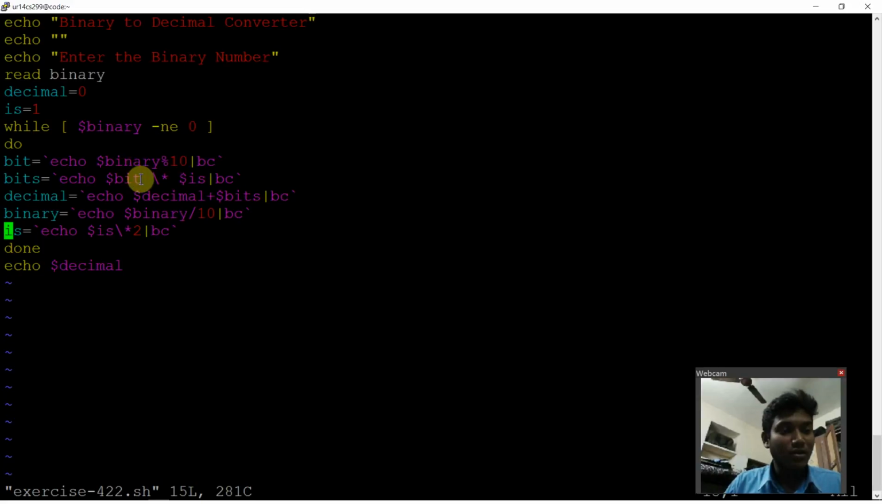For example, in the first bit it will be 2 power 0, that is 1, and in the second loop it will be 2 power 1, that is 2. In the third loop it will be multiplied by 2 power 2, and whatever the bit values are, for example if it is 1, it will be 1 into 2 power 0. If it is 0, it will be 0 into 2 power 0, and every time it will be added to the decimal value. And every time this binary will be divided by 10,